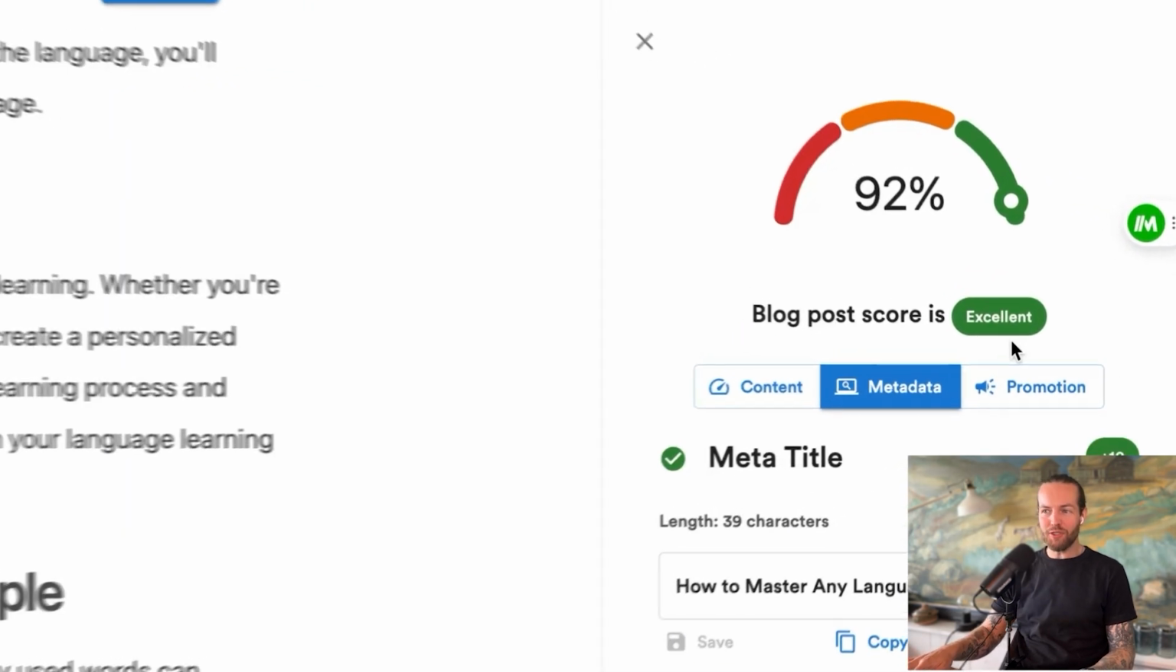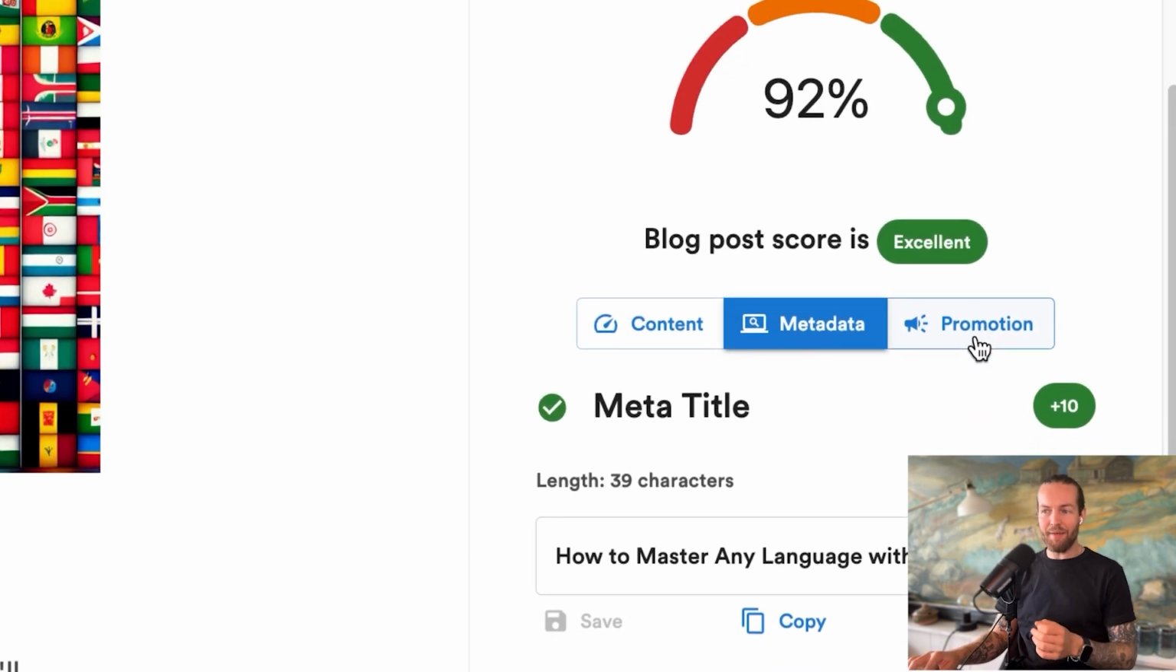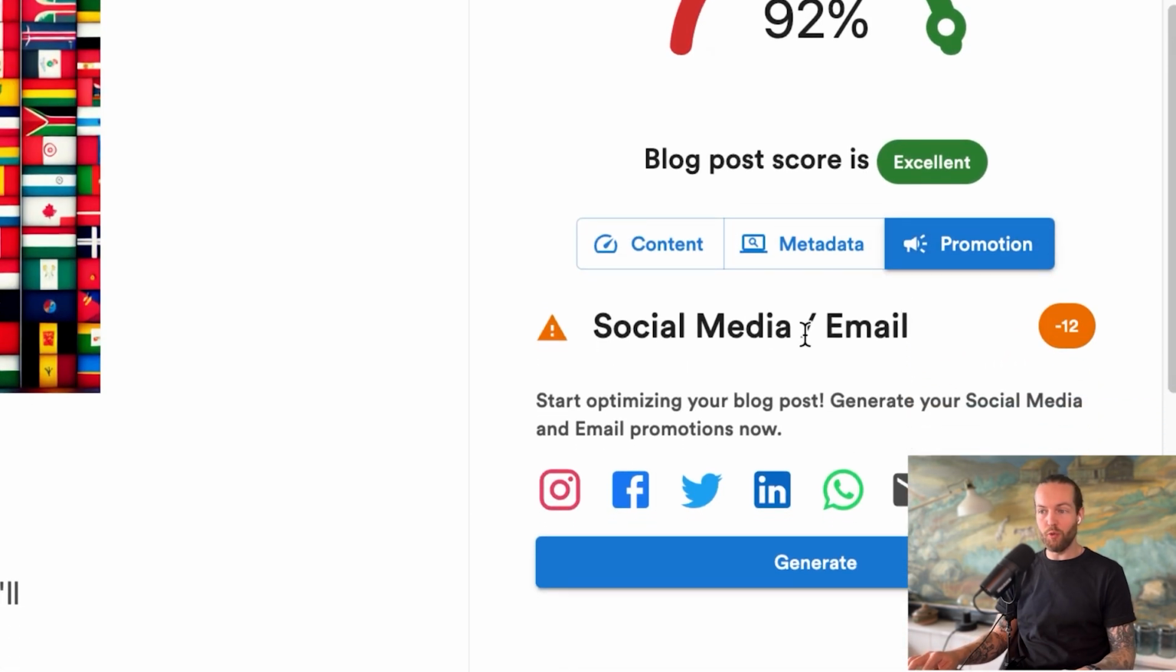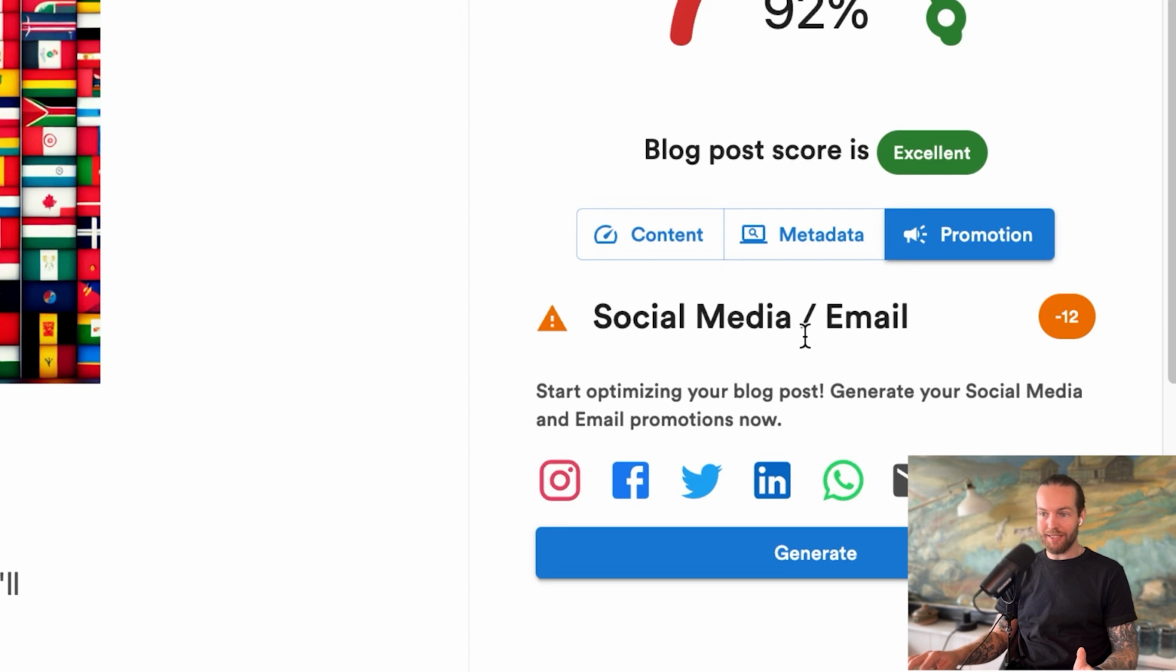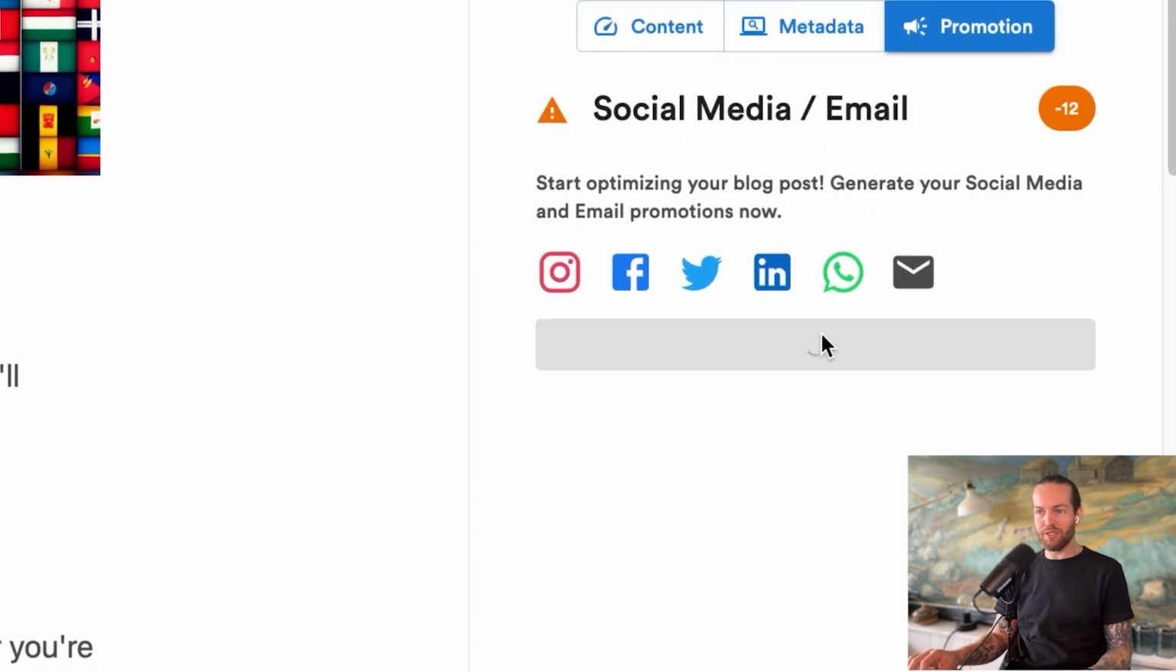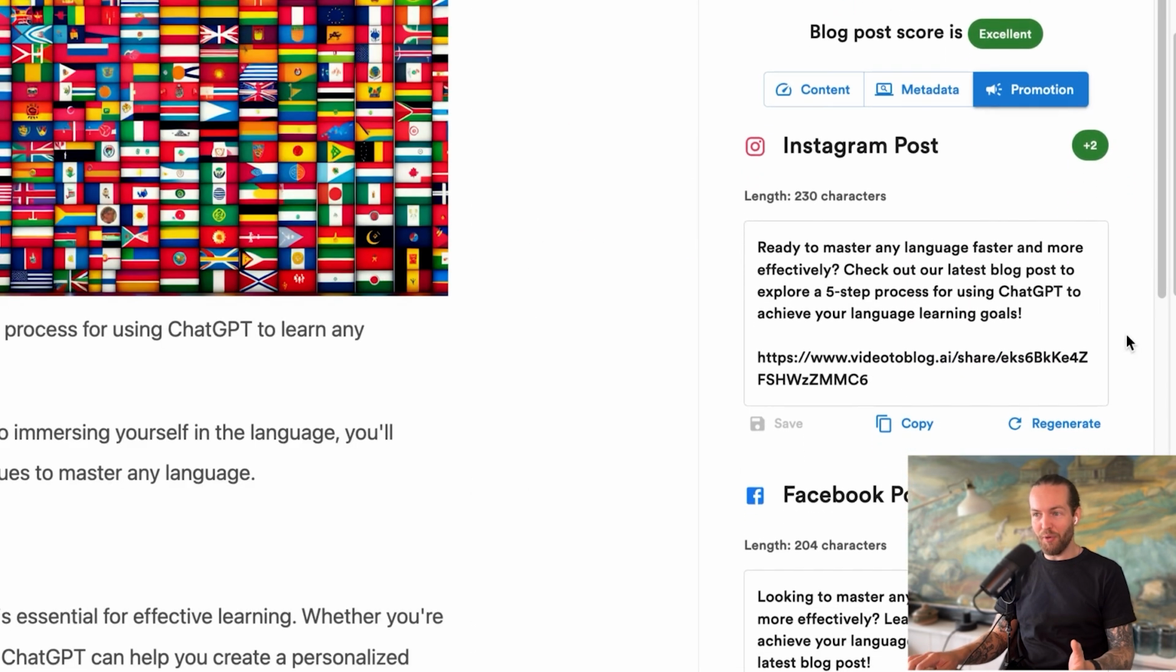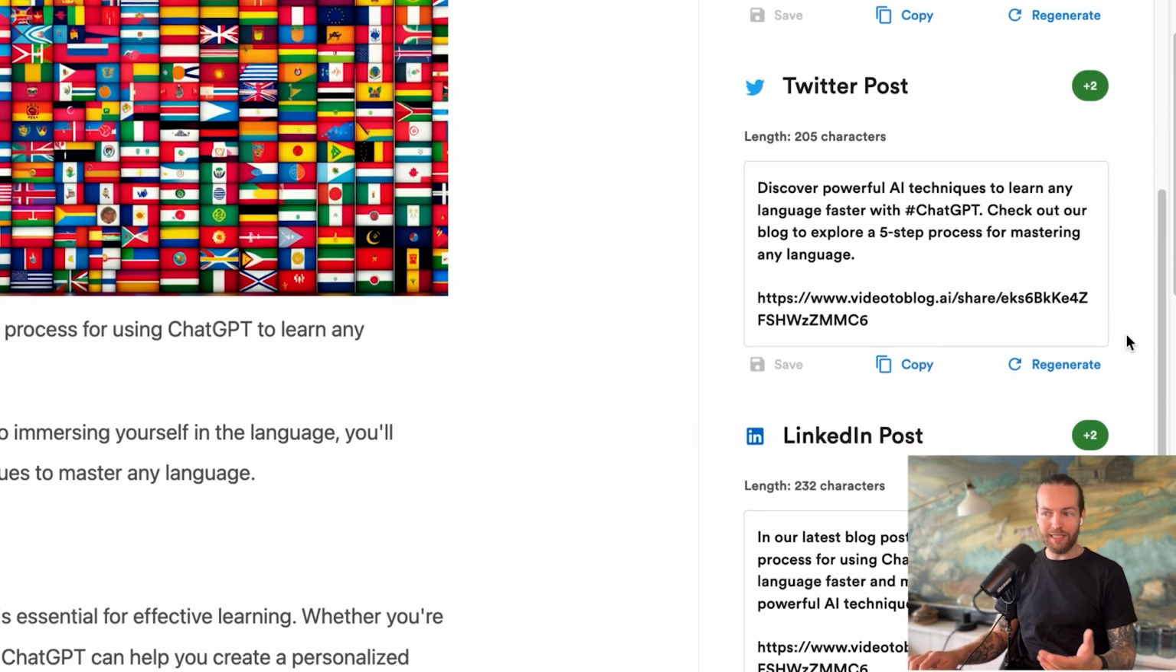Your blog post score is excellent. But the last tab here is the promotion tab, where you can easily generate a social media / email. So we're gonna click on that as well. And just like that, we got an Instagram post, we got a Facebook post, Twitter post, LinkedIn post,